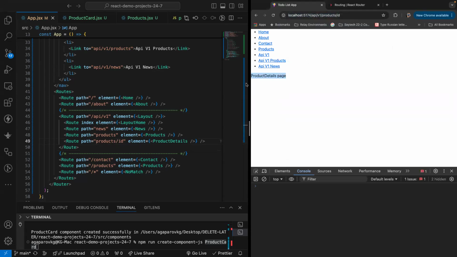It will display product details. But if I put it to column, now I can put anything instead of ID right here. Any number, any letter, product, it will display product details. This column is making it dynamic. Now, this dynamic portion can have multiple things like new slash another dynamic